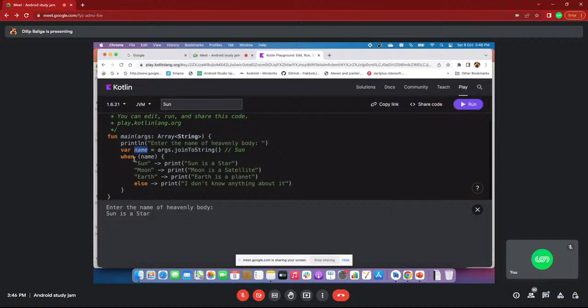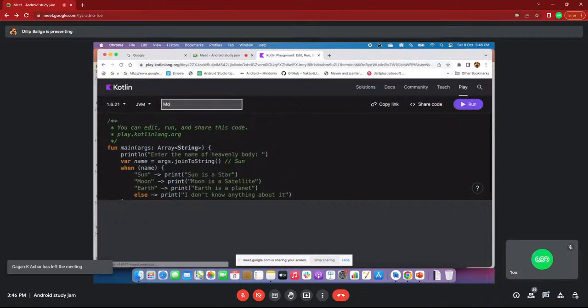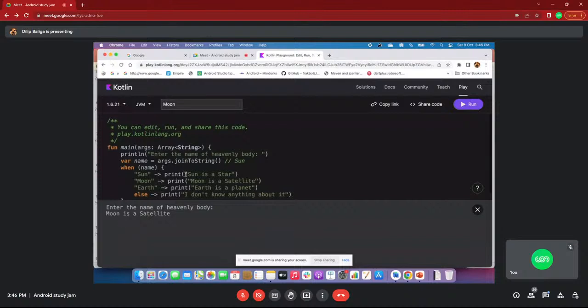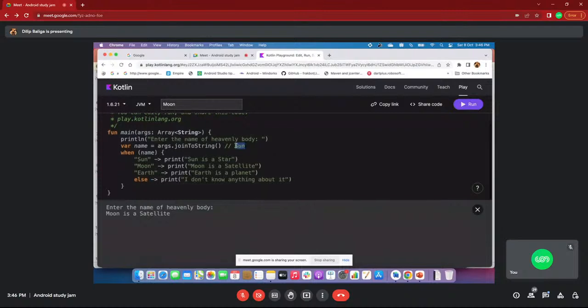Now it internally checks in when whether that name value is sun. Yes, then print this one. Now what I do is I just change the value to moon. Now see, moon is a satellite. Then this value is converted into moon, so it will check whether the name value is moon. Yes, then print this one.